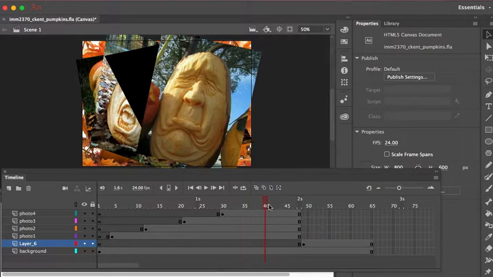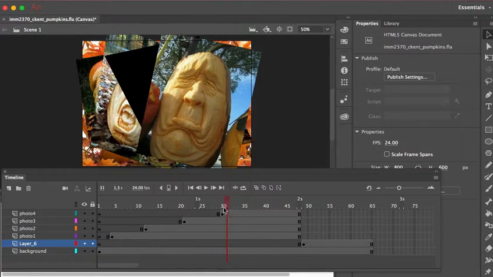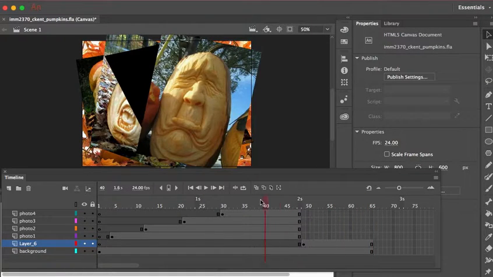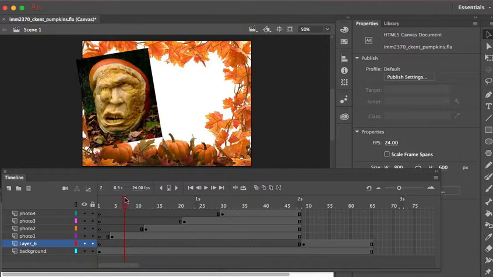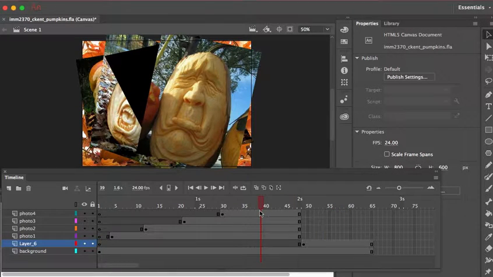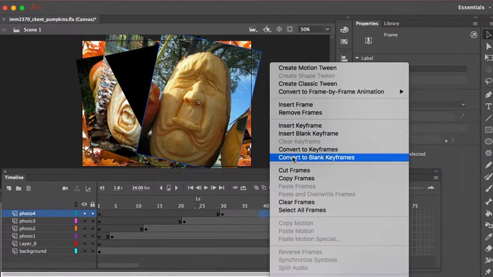So now, after the pictures are done, and then your text shows up, and you can call it a project here. Say if you want to add a little bit of animation. Well, let me show you. Maybe add some frames. Like let's say we want that last frame to last a little bit longer. This photo right here. So how if I add maybe several frames, and we'll do